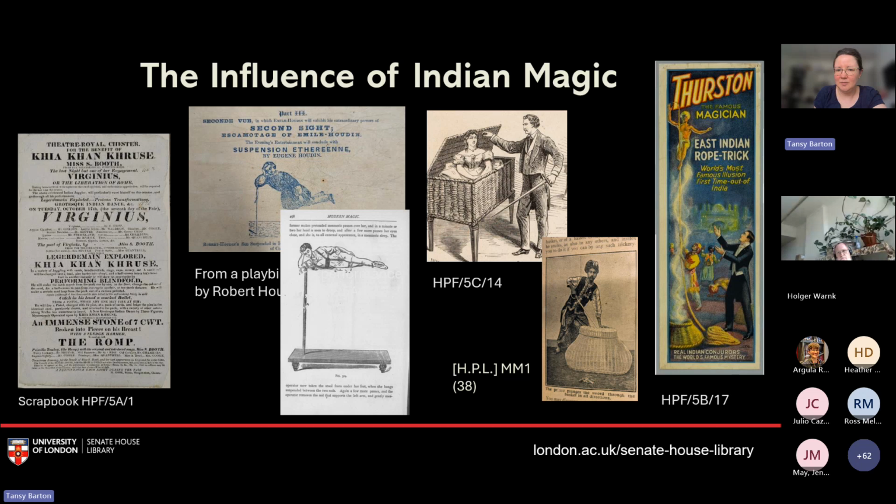And the next one we have here is an example of another very popular illusion from the end of the 19th century, which was known as the Indian basket trick. And this was popularized in the West by a performer called Colonel Stodare, who's in the engraving here. It was attributed to him, but it was a very common performance among Indian street performers.